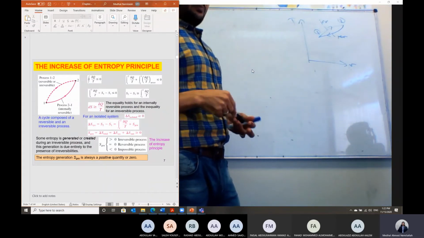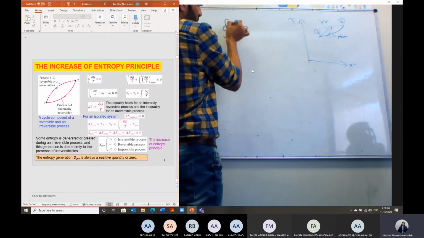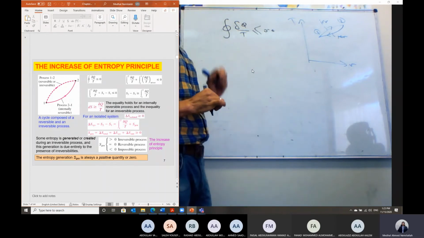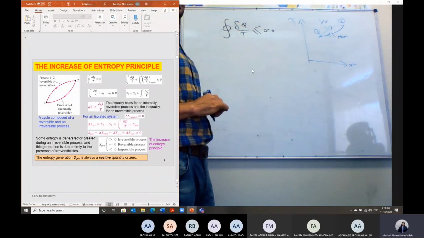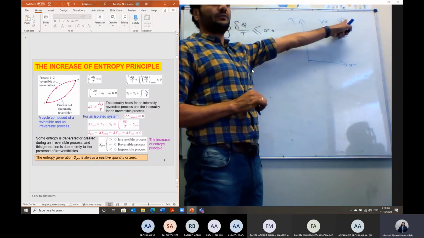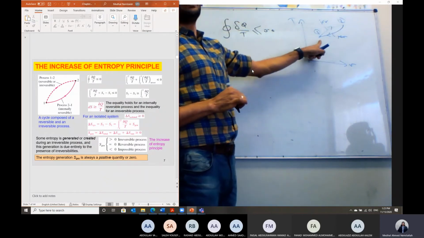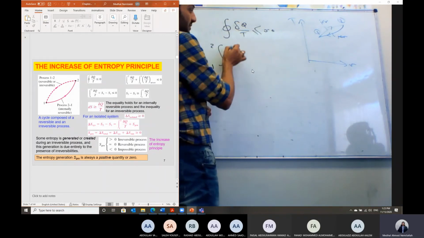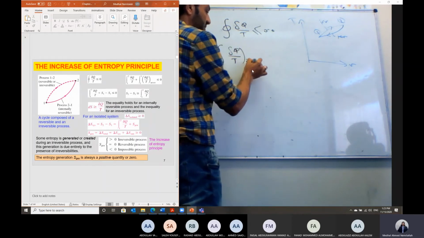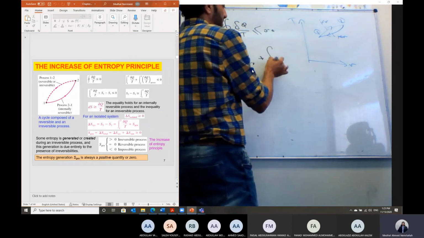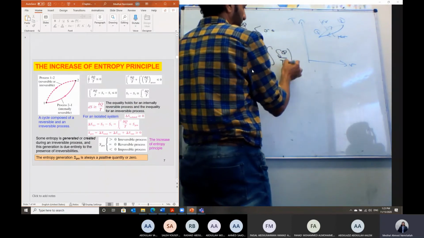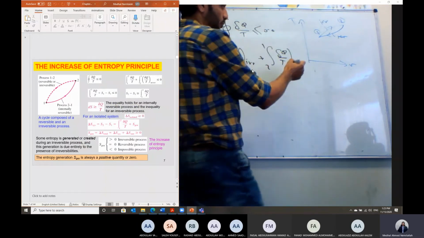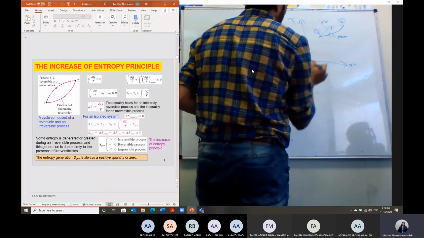Based on the Clausius inequality, we said the integration over the cycle of delta Q over T should be less than or equal to 0. We have done this, it is the Clausius inequality. In this cycle, we have two processes, from 1 to 2 irreversible, and from 2 to 1 we close this cycle with a reversible process. Then it is equal to the integration for the process from 1 to 2 of delta Q over T for the irreversible process, plus the integration from 2 to 1 of delta Q over T for the reversible process. This is the integration over the cycle, the two processes, that should be less than or equal to